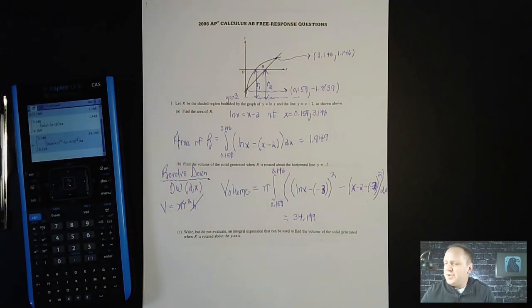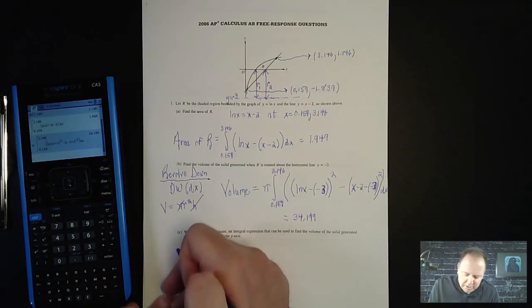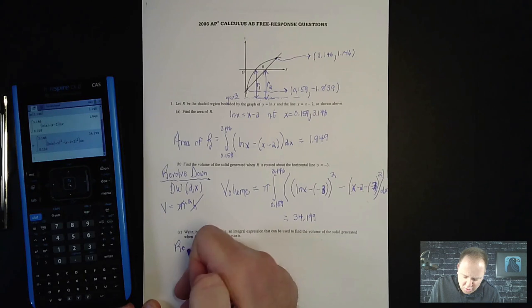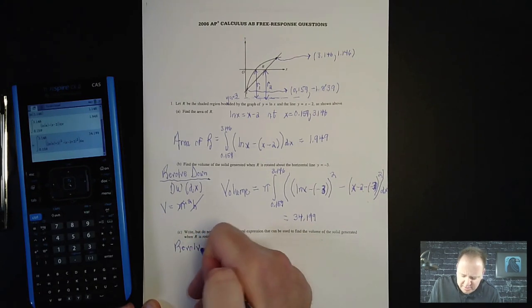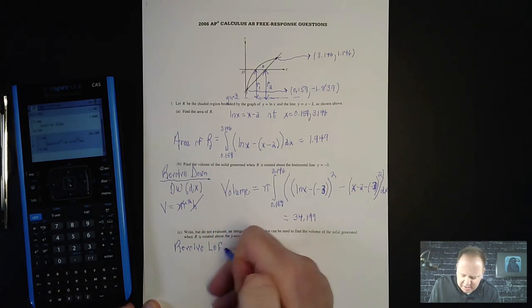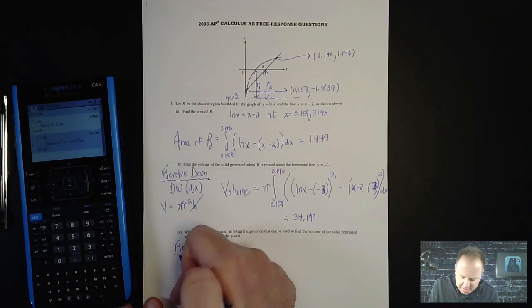All right, write but do not evaluate an integral expression that can be used to find the volume when it's rotated about the y-axis. So I'm going to show you and teach you two different methods right now, or review with you. So when I tell my students that we're going to create a solid by revolving a region, in this case around a vertical line,